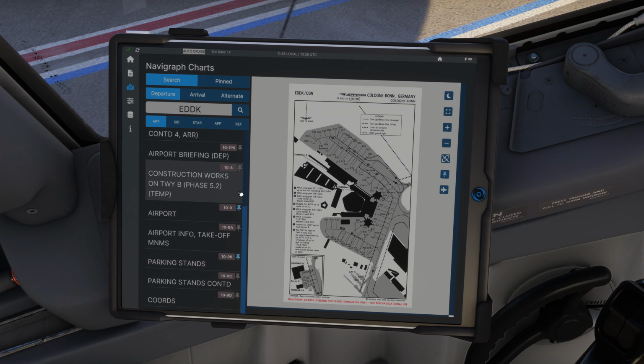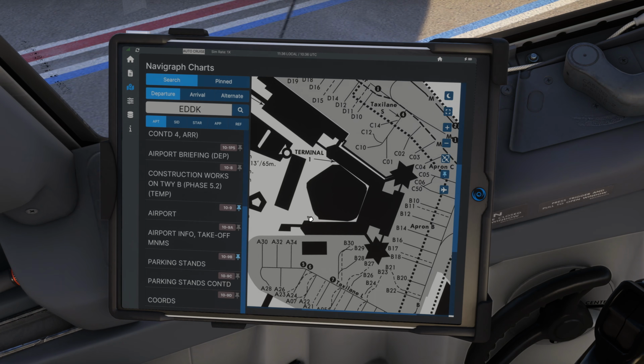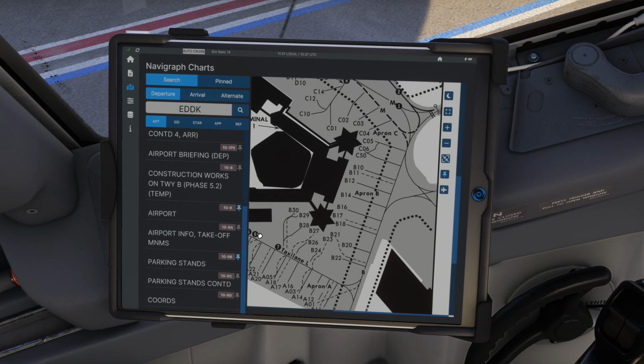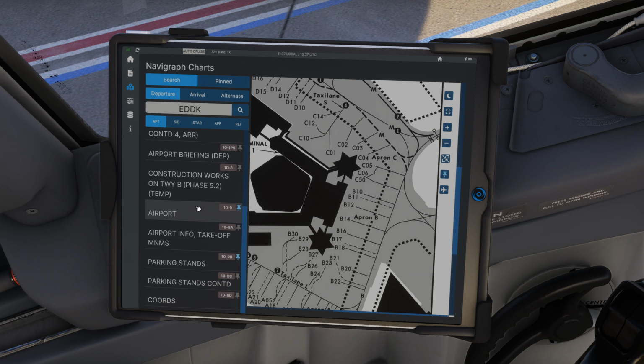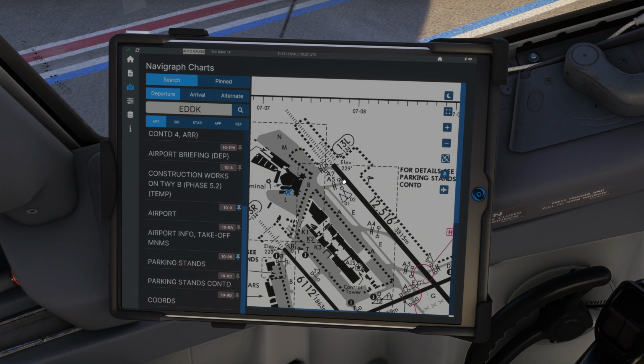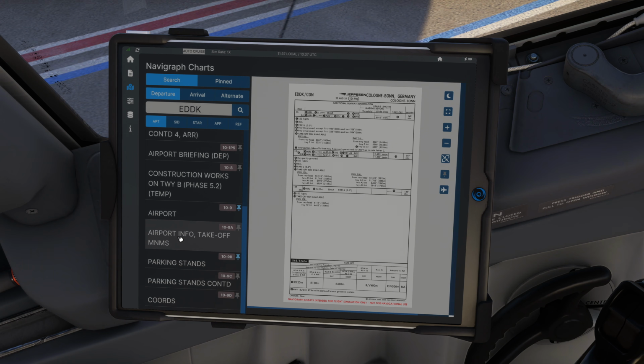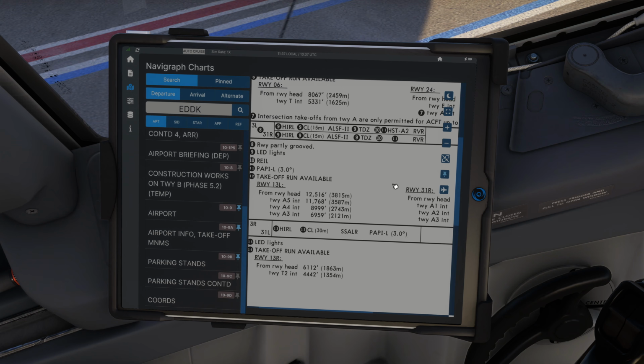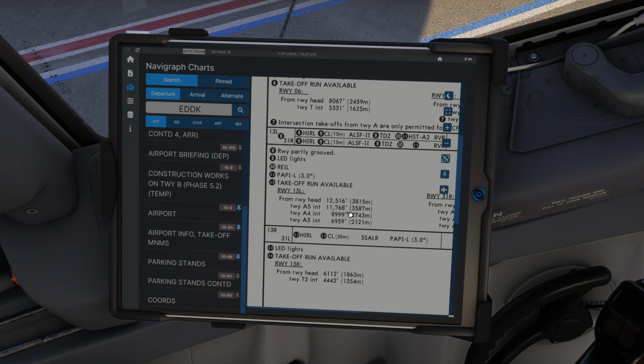Now, today we are parking in gate Bravo 30, which is located over here. So, knowing the real Cologne airport, we might very well get an intersection takeoff from Alpha 5. How are we going to know what the takeoff run available from that intersection is? Well, we can get that from the airport info and takeoff minimum chart, which I would recommend to pin at this point as well. We can see over here, runway 13 left from Alpha 5, we got 3,587 meters of